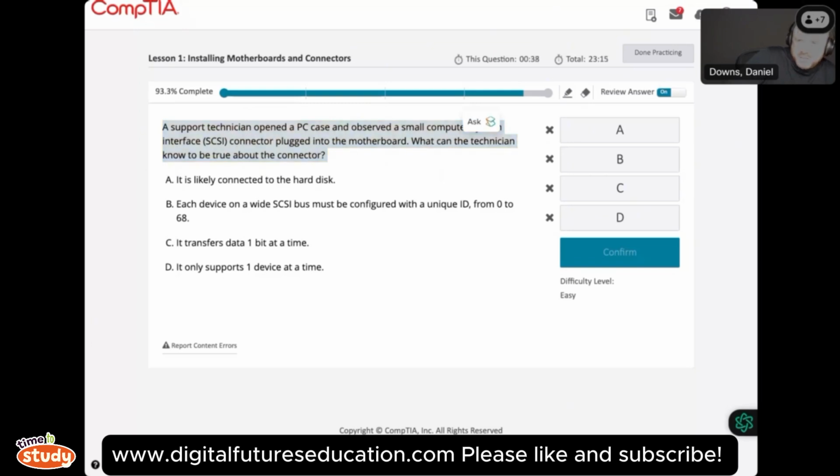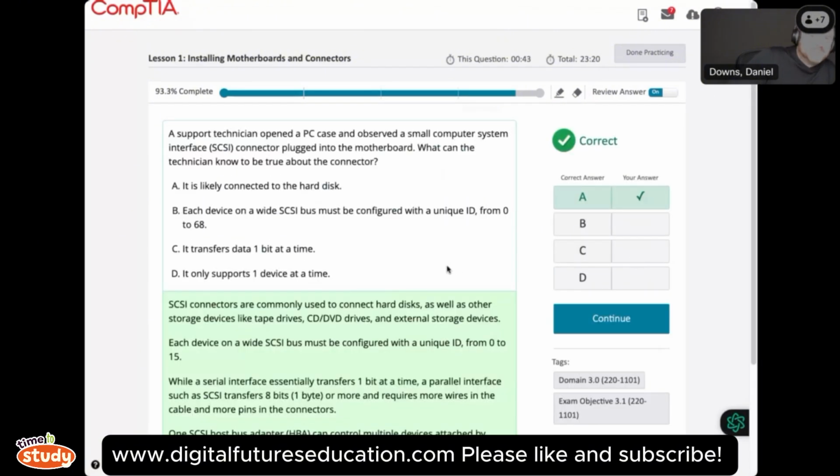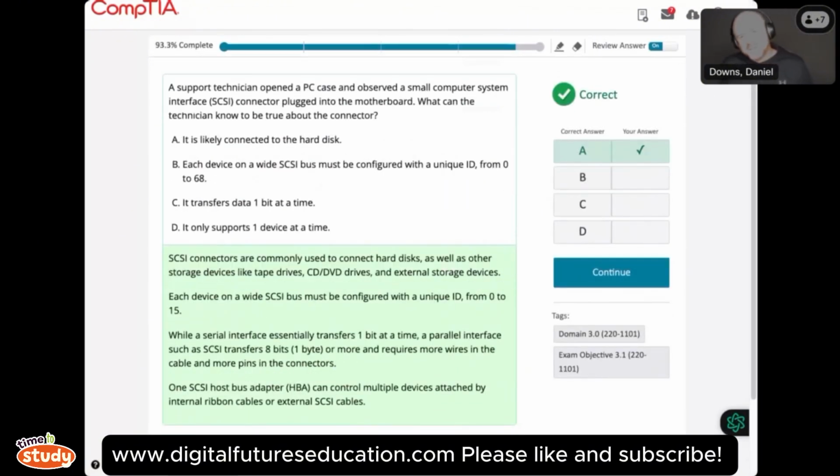What are people saying? I think Siho's right. Yes. So when you see things connected to the motherboard, generally hard disk, right? Because that's where the brain of the computer is and things are all kind of centrally connected. So